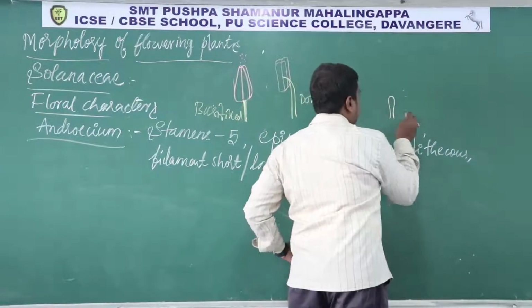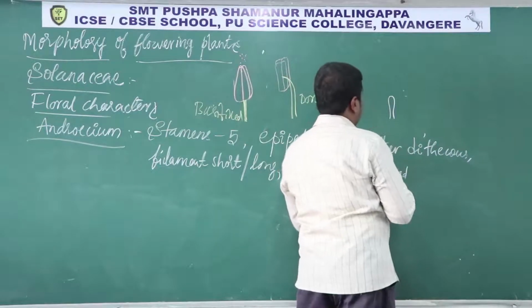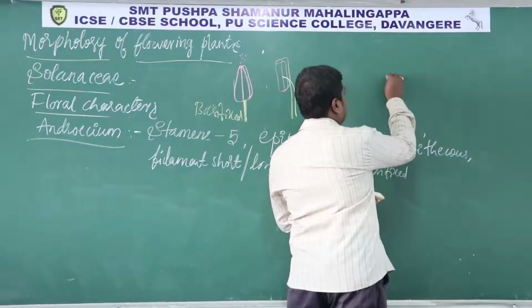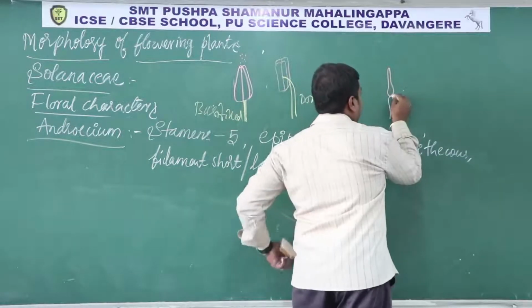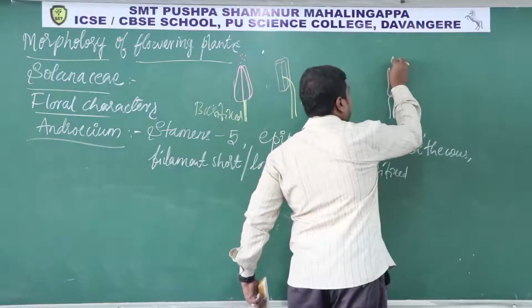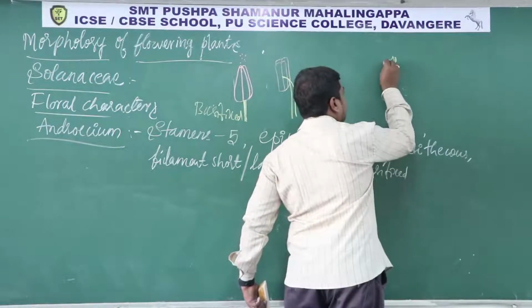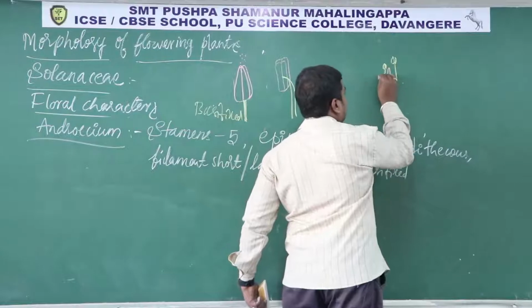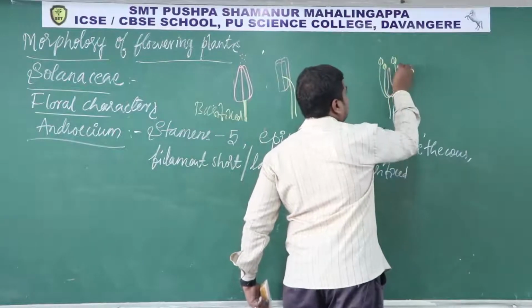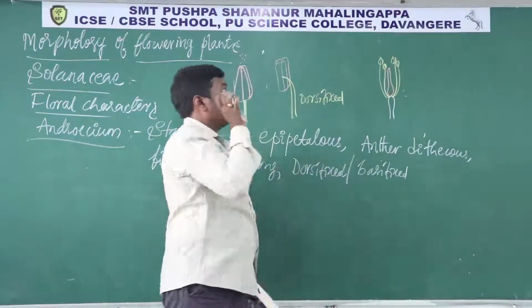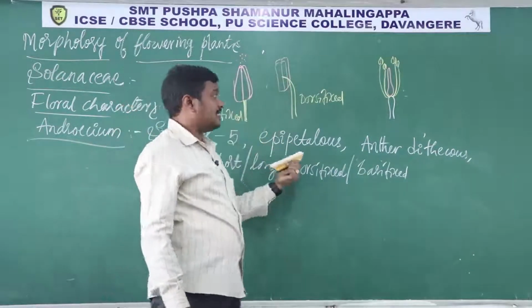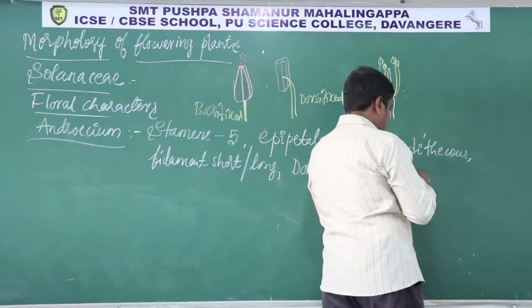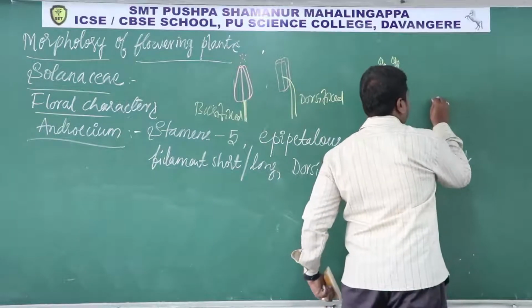In general, this is a thalamus, and the filament is attached to this thalamus. This is the normal condition of attachment of a filament to the flower, attached to the thalamus. But in the case of epipetalous,